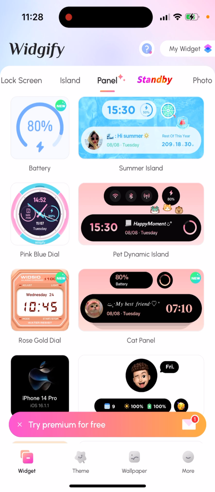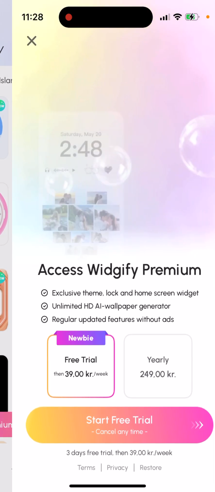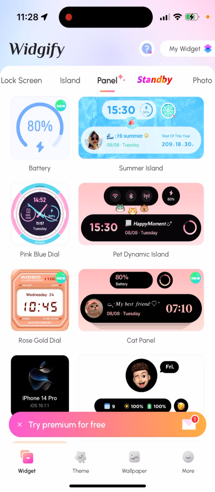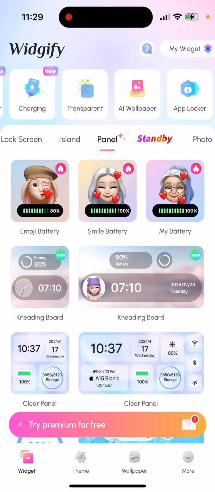So all in all, users like this app, and maybe you will eventually be offered some kind of discount on the price, because I noticed that sometimes if you do not upgrade right away, you just keep using the app, opening it up. Sometimes some apps can offer you up to 50% discount in a few days, like a one-time offer, and then you can just upgrade. For example, if not paying $70, you can pay $39 or something like that per year. I don't know about WIDGIFY whether I have it, but yeah, right now it's one of the most advanced